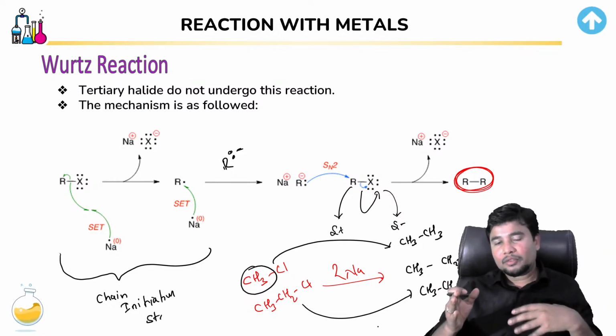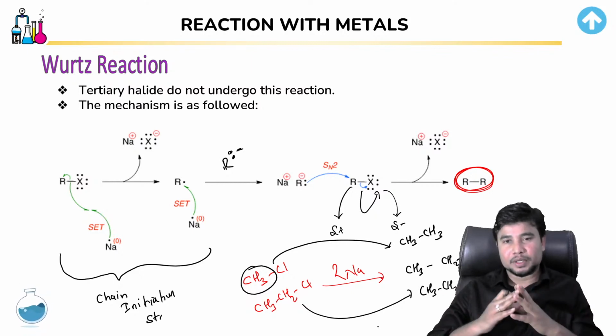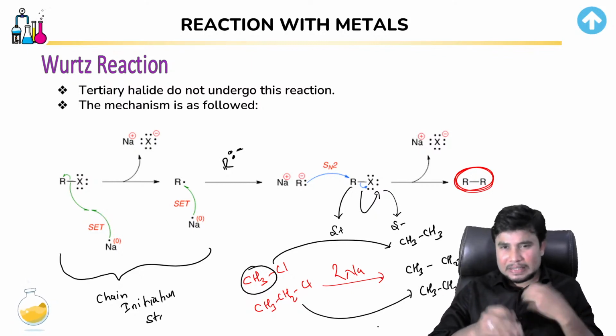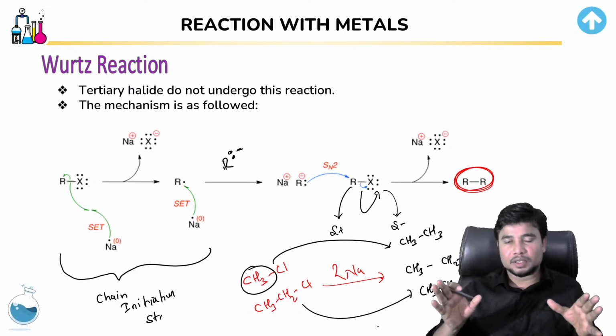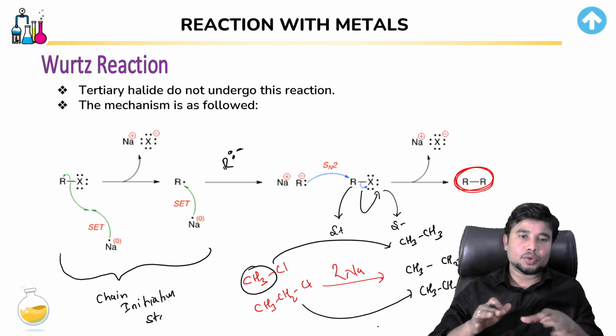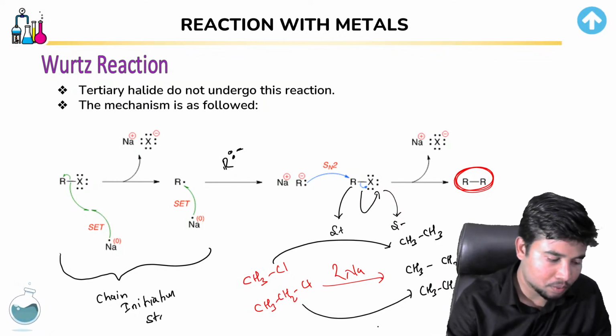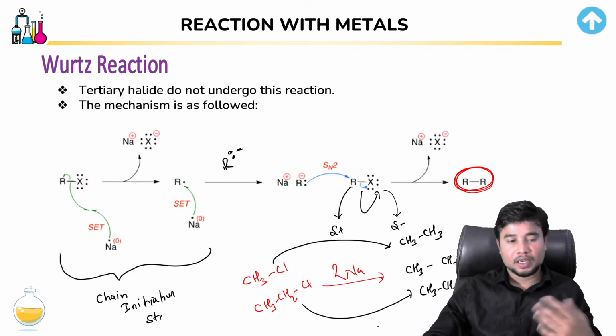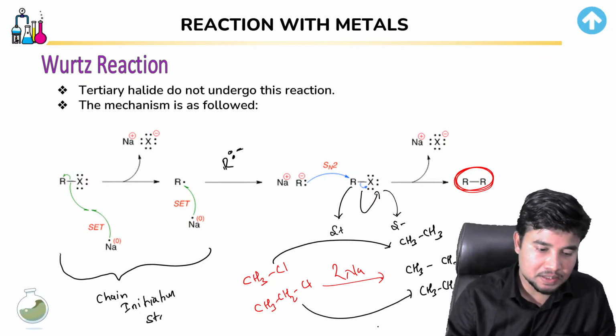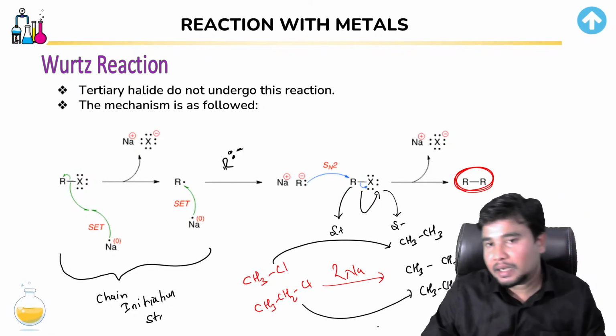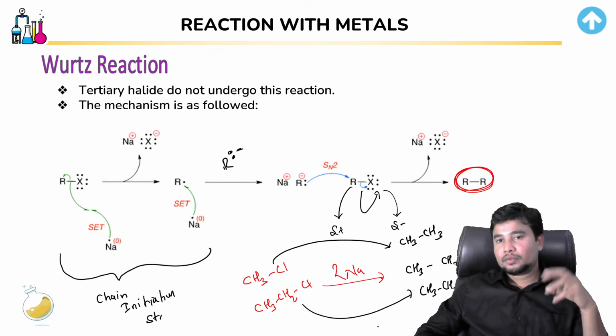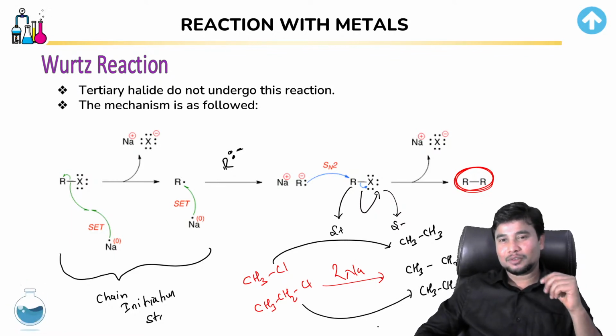They all would have nearly the same boiling, melting and other temperatures, nearly the same, not exactly the same. So separating them becomes a very tedious job, and for that reason we don't use the Wurtz reaction for preparation of this on a scale that could be scaled up. So that is the point here, and remember that any free radical mechanism without the ionic mechanism being involved follows